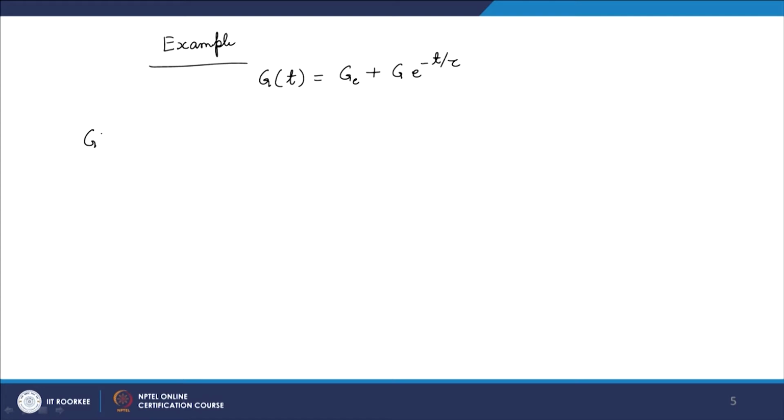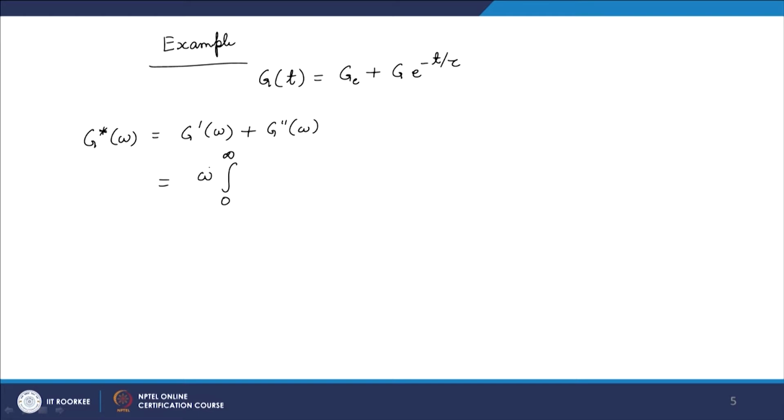So, G star omega is G prime omega plus I G double prime omega,